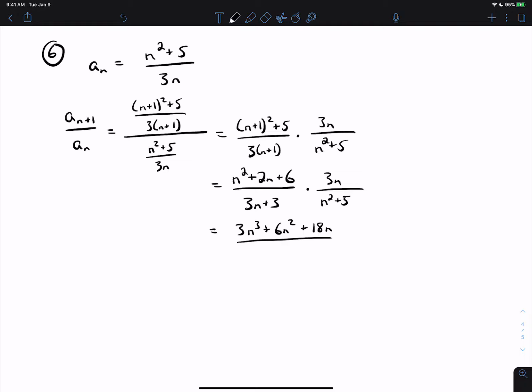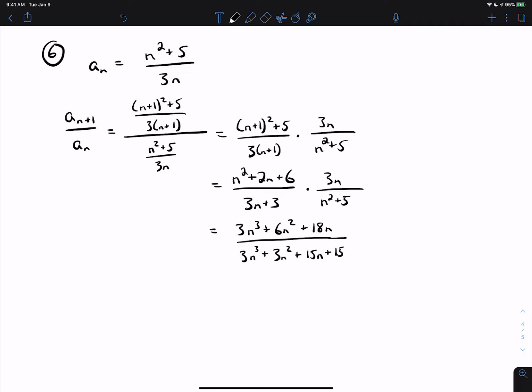So 3n times n squared is 3n to the third. 3 times n squared is 3n squared. 3n times 5 is 15n, and 3 times 5 is 15, and so this is what we get. If you multiply in a different order, you'd want to rearrange it this way. So now, again, thinking about large n, if you look at the numerator versus the denominator, then we know that